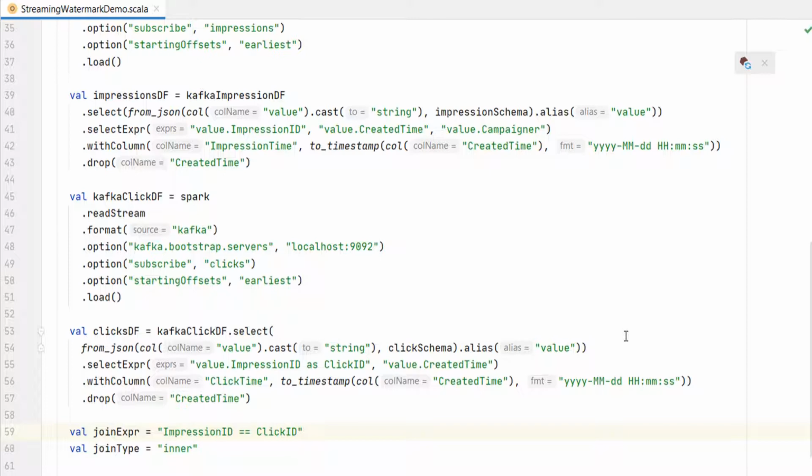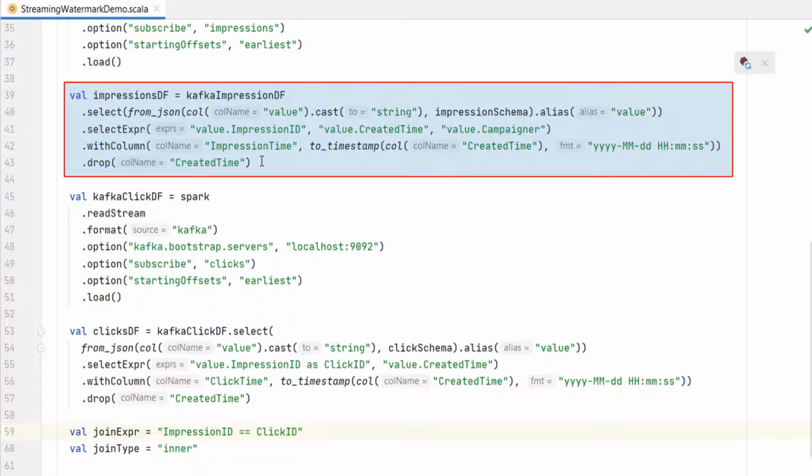However, we wanted to address the state store cleanup, right? We already learned that Spark uses watermarks to clean the state store. So, if you want to clean the state store, you must apply a watermark to both the streams. Let me do it.